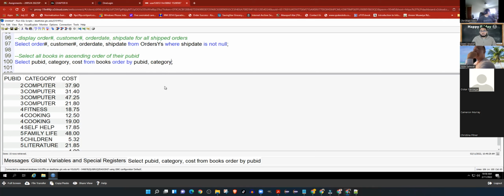So this is how it will function. It will first list all the records by publisher ID. And within publisher ID, it will list all of them by category. Okay, so this is how, when you start putting in multiple fields in order by, the first field is the first order by field, and within each occurrence of that, the second field kicks in. Okay, now when I rerun this query,